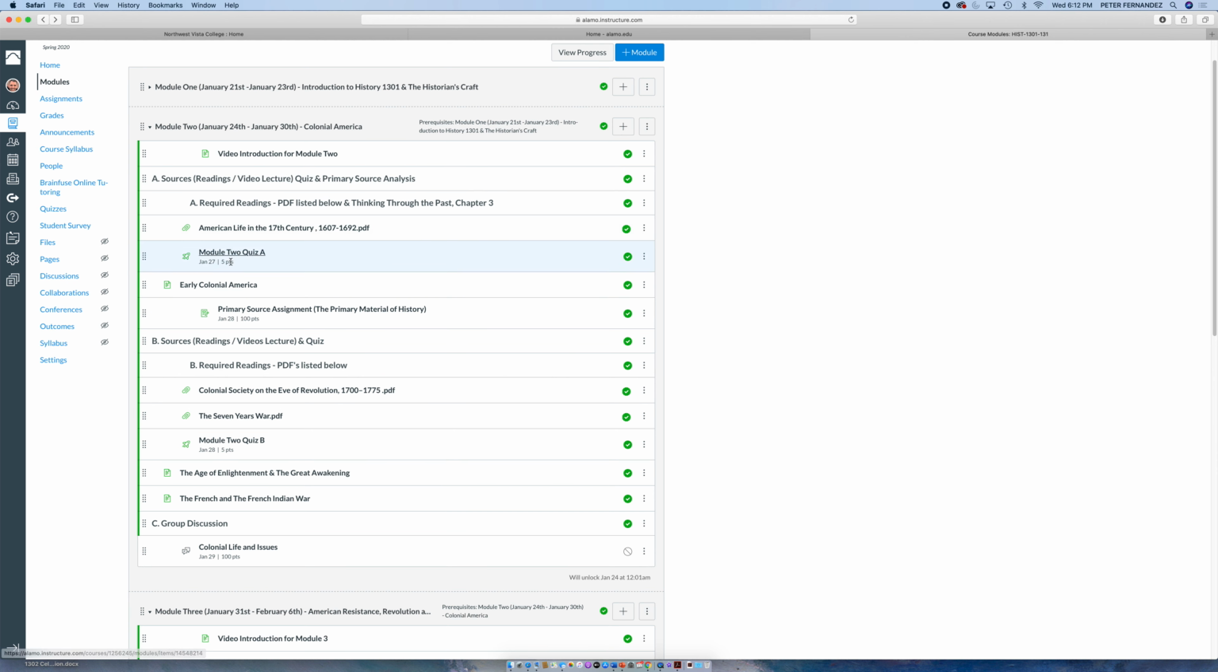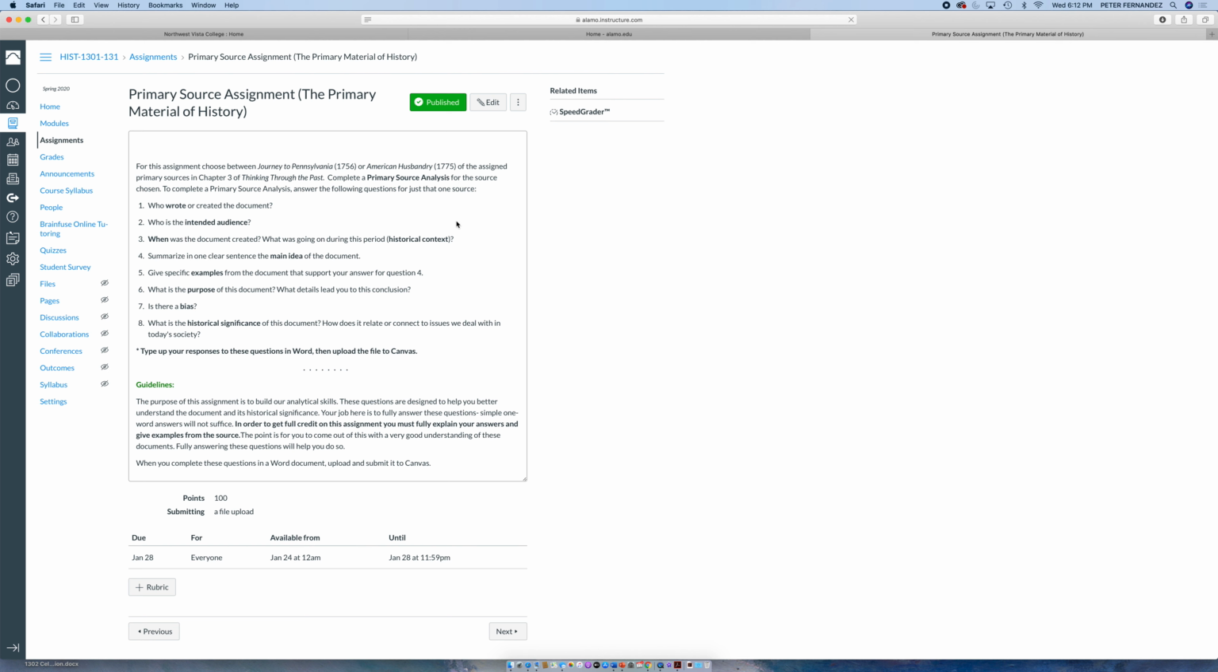Part A. And then we have a primary source assignment. This primary source assignment needs to be completed as a Word document and uploaded into the module. So if I click on that, yours will look a little bit different once again, since this is from the professor's point of view. It's going to ask you to choose between Journey to Pennsylvania or American Husbandry of the assigned primary sources in Chapter 3. So just pick one of these primary sources in Chapter 3 of the book,